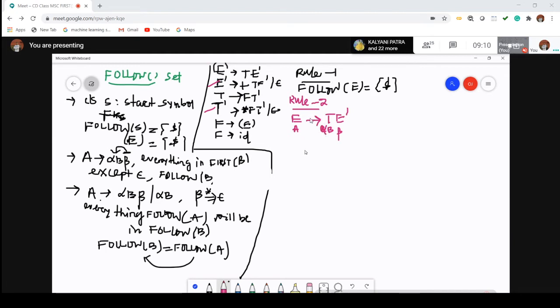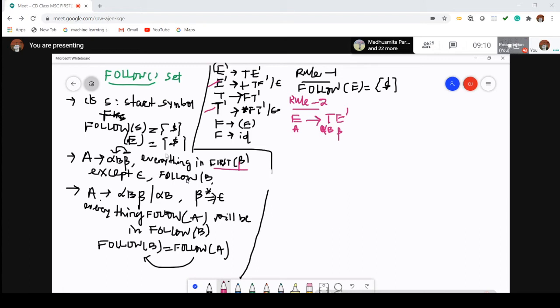Now what exactly is rule number 2? If there exists a production A to alpha B beta, you have to calculate the first of beta, and all the elements present in first of beta except epsilon will be in follow of